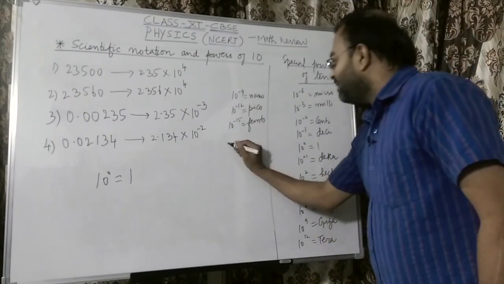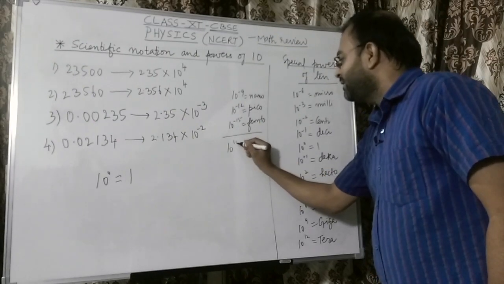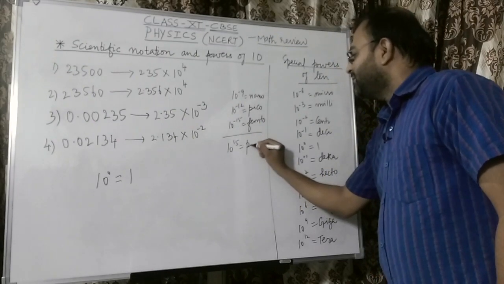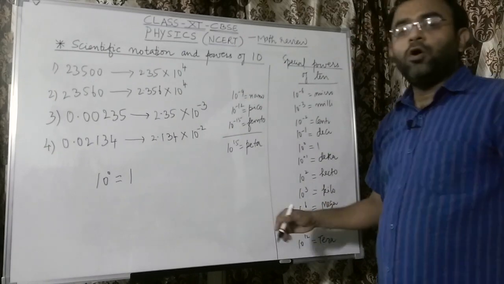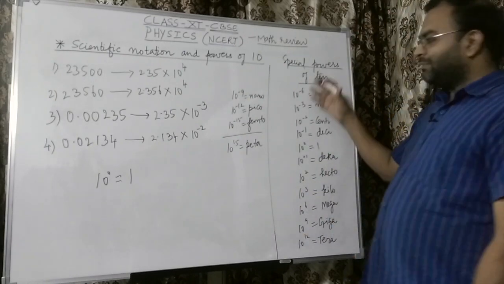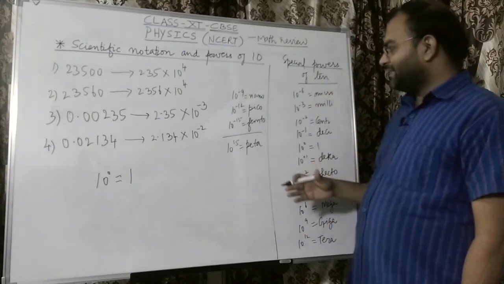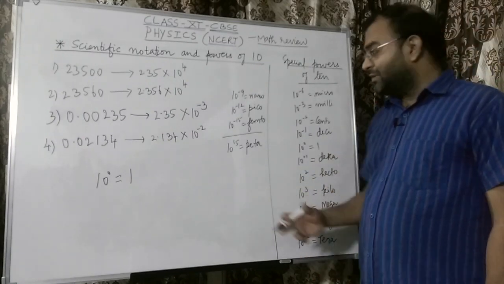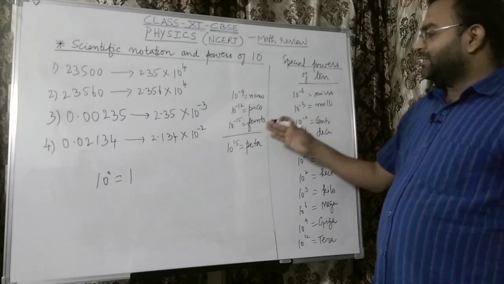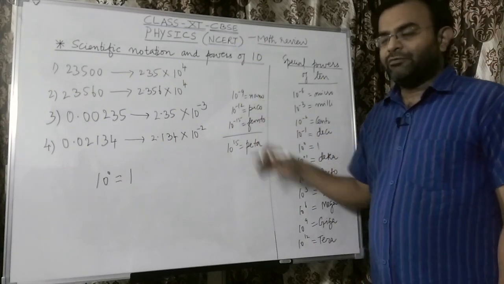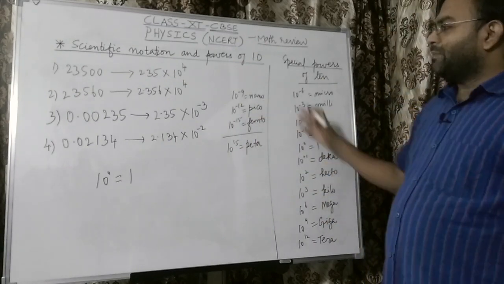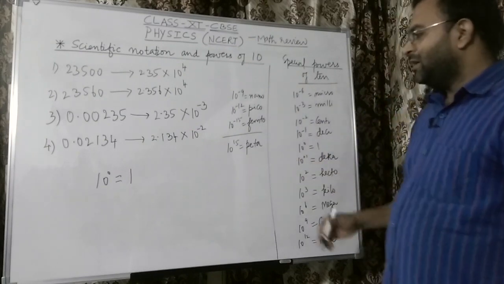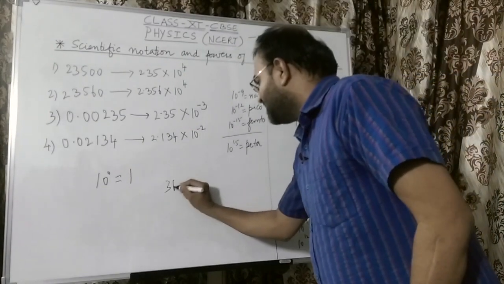And 10 power 15 is peta, and so on and so forth. So large numbers are generally expressed as 10 raised to positive exponents, and very small numbers are expressed with 10 raised to negative powers. It is important to remember some of these special names, because when there is, let us say, 3650